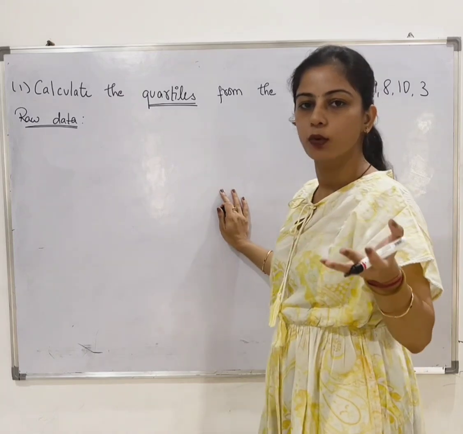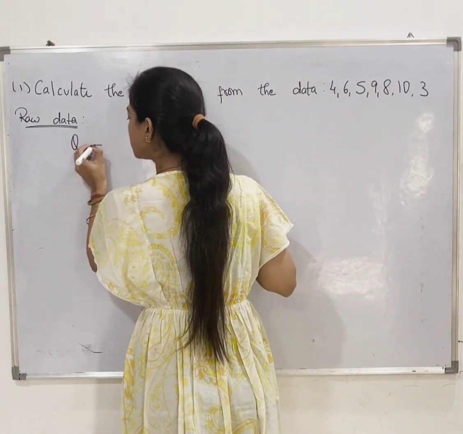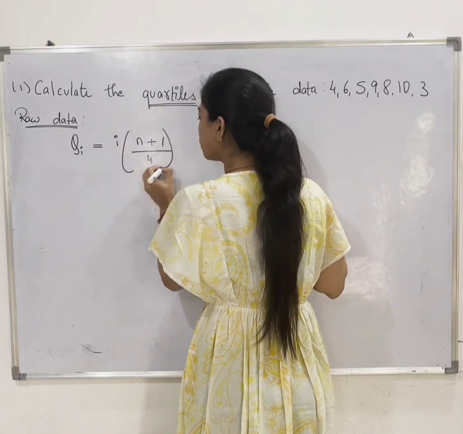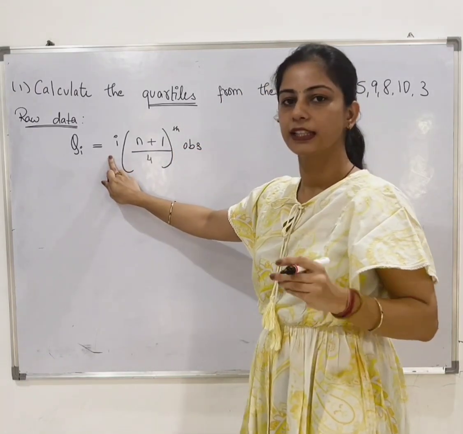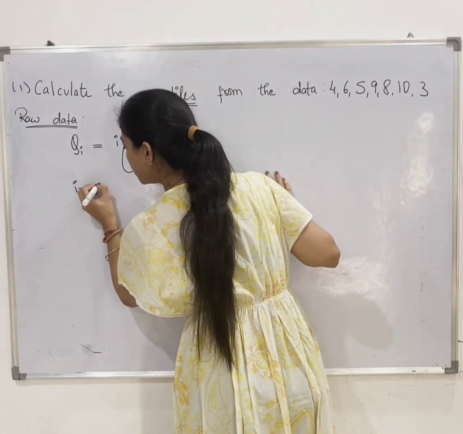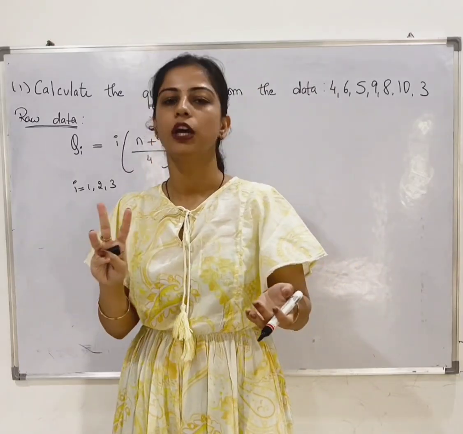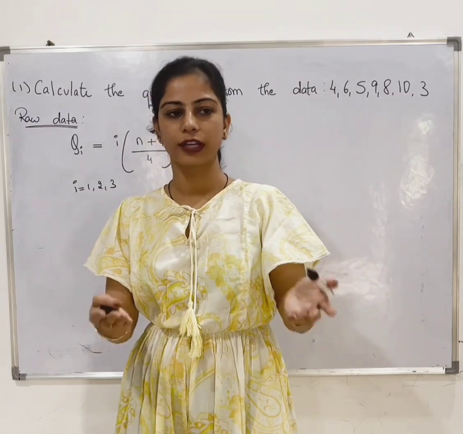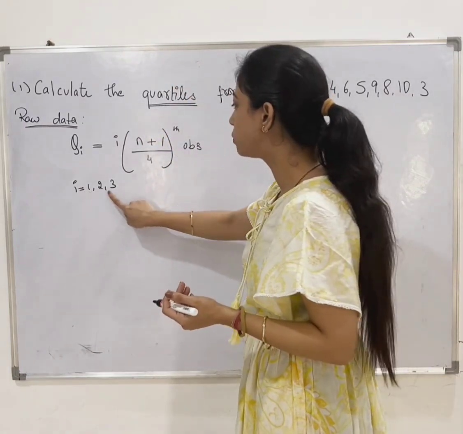So in order to find out the quartiles, we have 3 quartiles. And the formula is Q_i is equal to i(n+1)/4 because it divides into 4 equal parts. So now we will be taking the different values of i, which are 1, 2 and 3. Since they have mentioned quartiles, we need to find all the 3 quartiles. If it specifically tells you to find the first, second or third quartile, you can do it accordingly. But here they have asked us to find the quartiles, so we will be finding all the 3 quartiles.